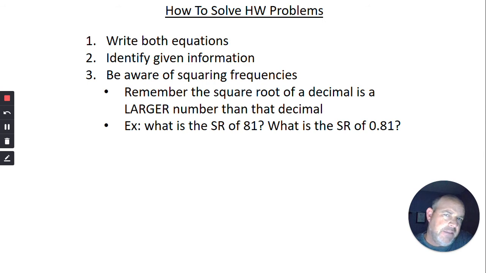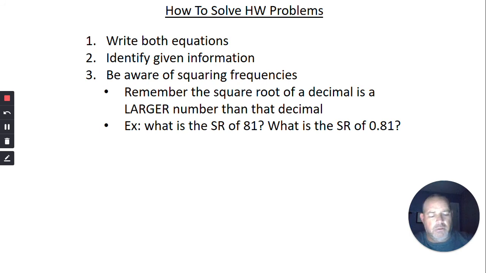Stop and think about that for a second. Well, the square root of 0.81 is 0.9. That is a bigger number, right? So that seems very weird to us, but that happens with decimals, okay? So you're not doing it wrong. That's just kind of what happens. And I will tell you that some of the problems you'll do seem like very simple square roots because they look like normal numbers. Sometimes you might just want to double check on a calculator